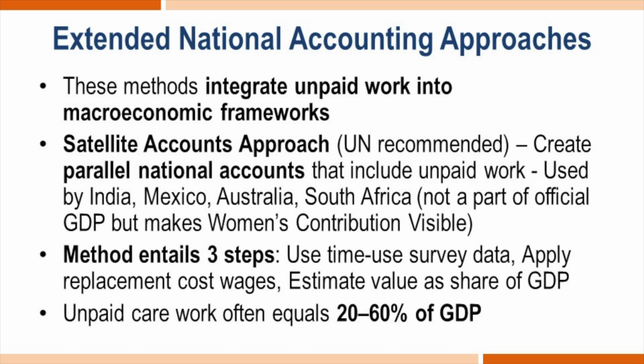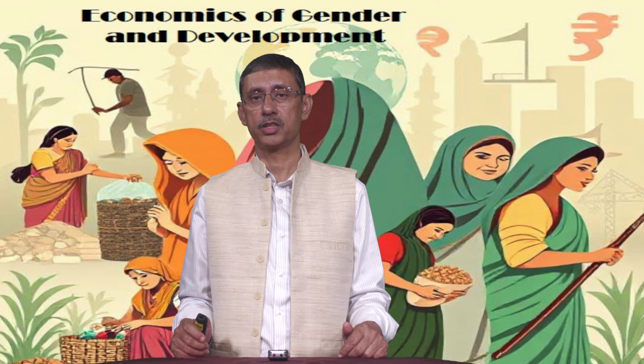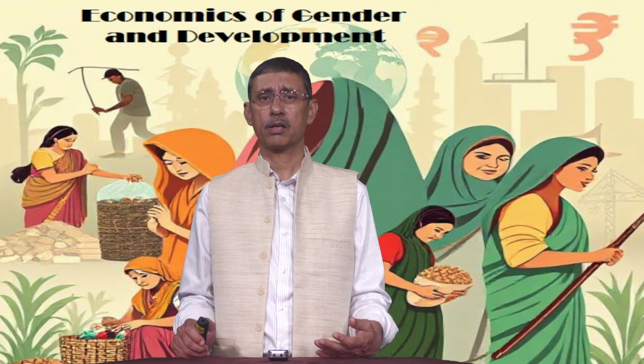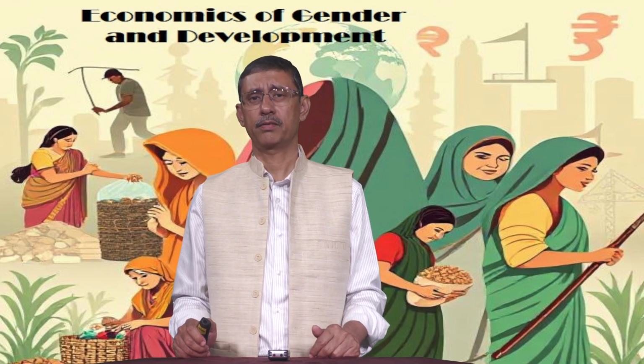It includes three basic steps. It will use the time use survey, apply the replacement cost wages, and then estimate the whole thing as a percentage of GDP. If we look at the data all around, we will see that unpaid care work ranges from 20% to 60% of GDP. It can be 20%, it can be as high as 60% of GDP. So this is an extremely important component of women's work, so that women get recognized for what they are doing